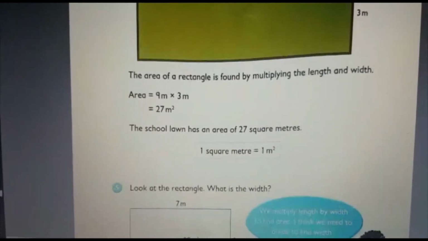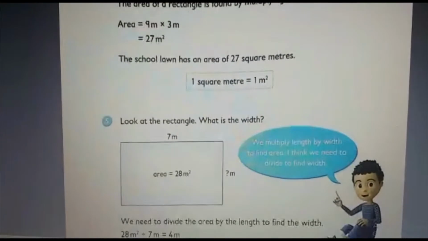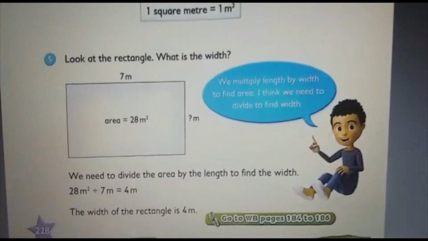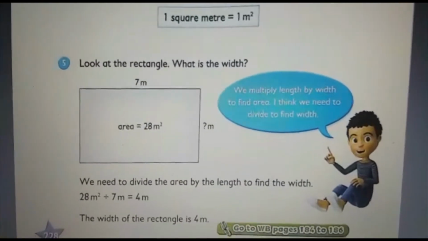Okay. Then coming to question 5. See, all these are different types of word problem. Go through that. Okay. It is very important. Word problems are very important. That is application level questions.